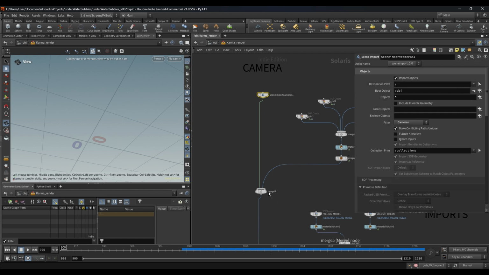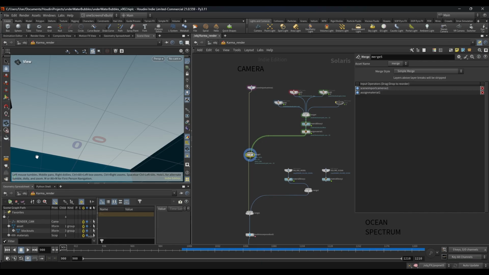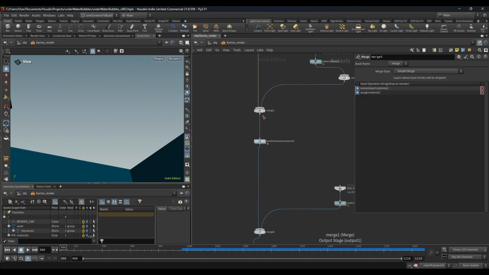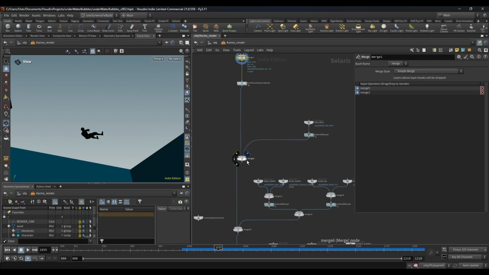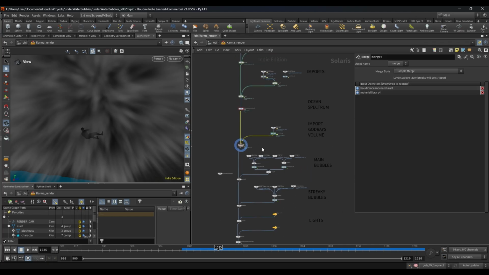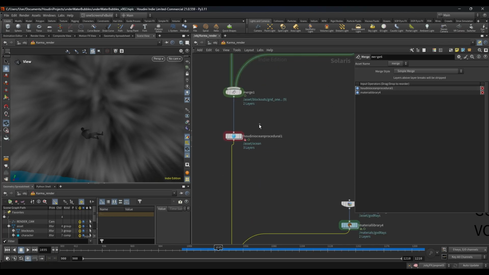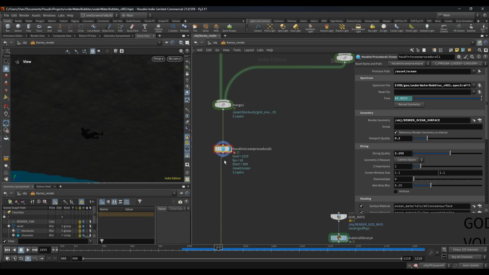So I just got my camera first, then I just added a few grids so light doesn't go out. Then I got my falling model, then I got my god rays, and as soon as I got the god rays, I realized it's going to be so much heavier. I also got my Houdini ocean with this Houdini ocean procedural, and I had to